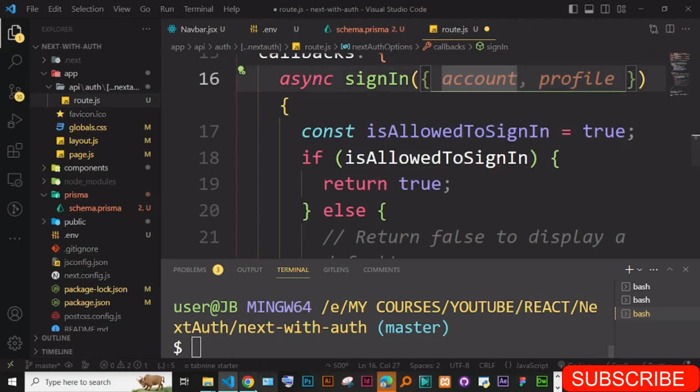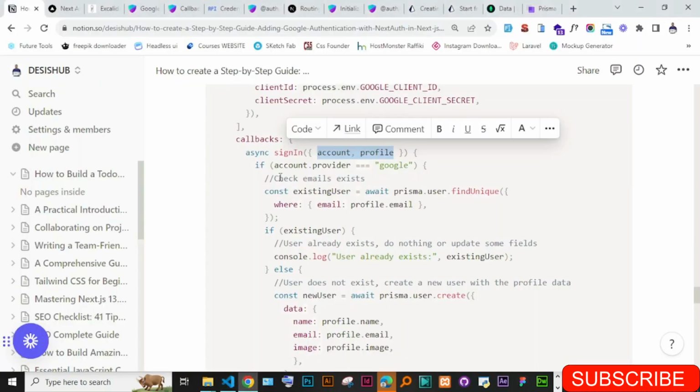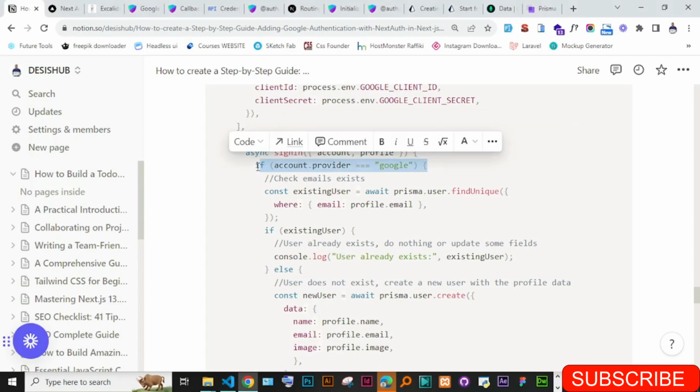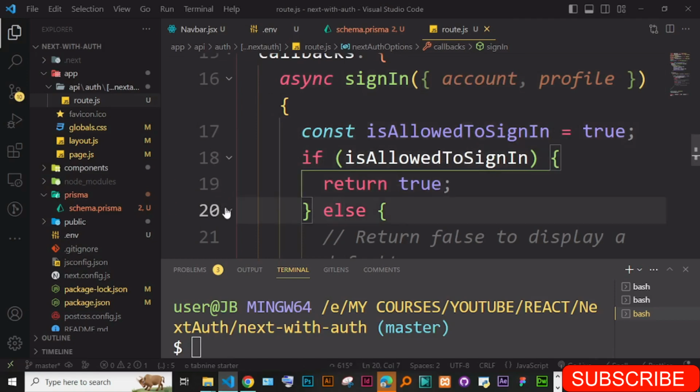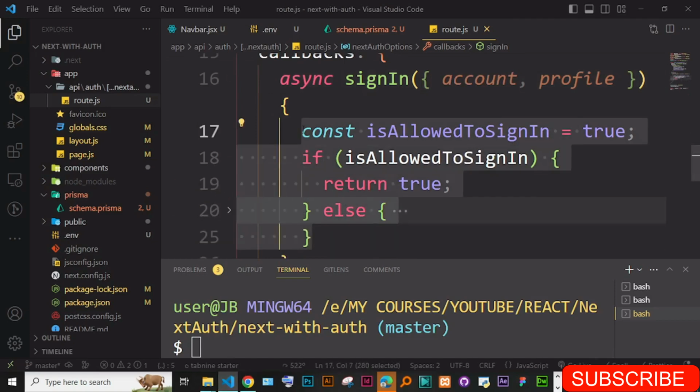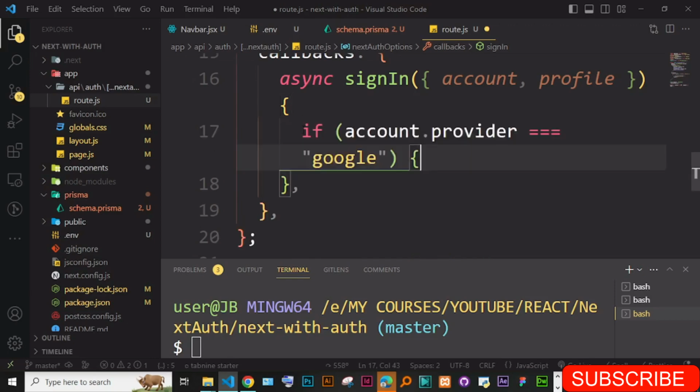Okay, and then why we need the account, we want to check the type of the provider. So you can just go ahead and write the if statement. Just remove everything inside here. We can write the if statement that if the account.provider is equal to Google, then we can just go ahead and, for instance, console.log